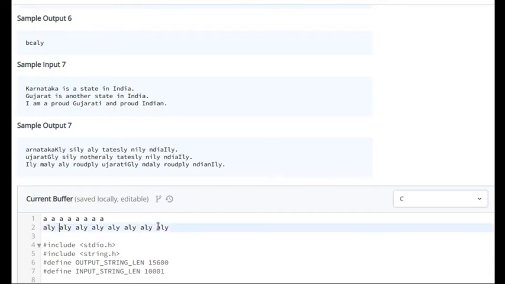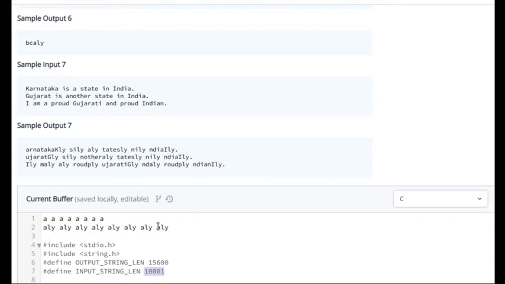So what should be the length of the output string? These 10,000 characters will be there in the input, plus 1 character for the null. That should be the size of the input string, but the output string could be about double the size of it, right?